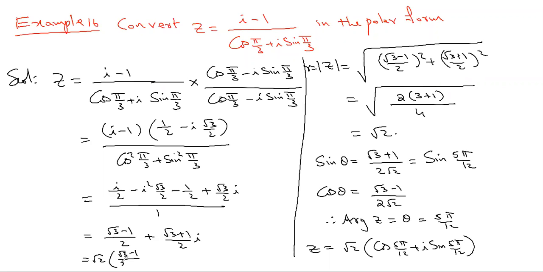If you identify that root 3 minus 1 by 2 root 2 is a known trigonometric value, and this one is just one step away from that, then you can directly write root 2 into cos 5 pi by 12 plus i sine 5 pi by 12. We need not worry about doing all this, because the question asked is only to convert this into polar form. So there is no need of showing the r value and theta value separately. Directly when you can do,